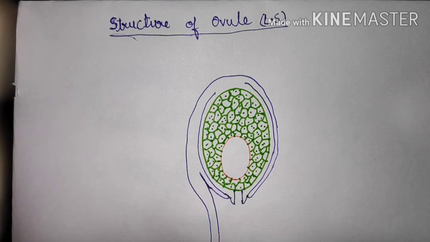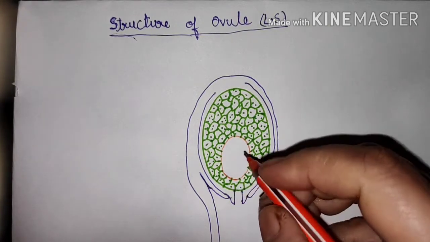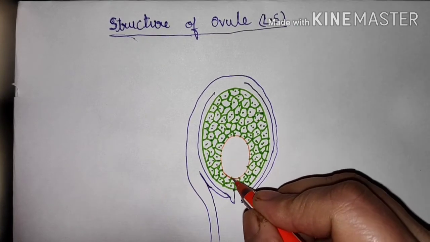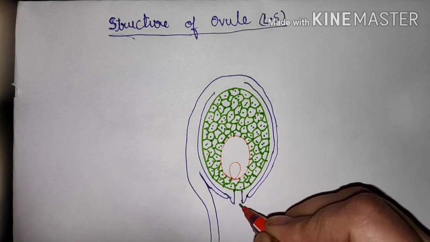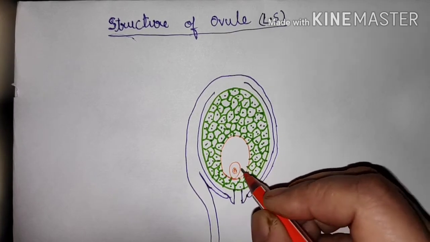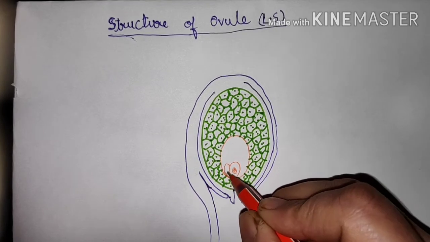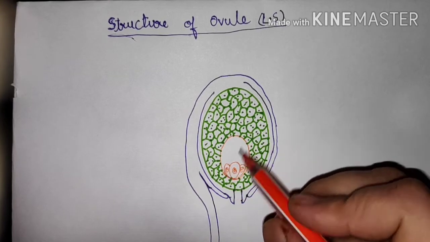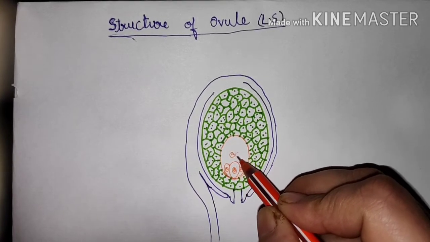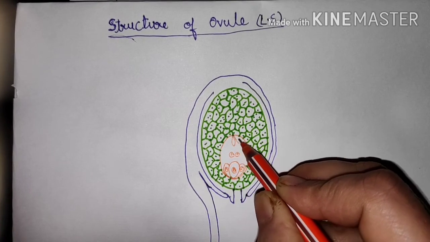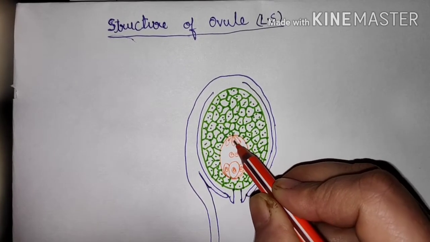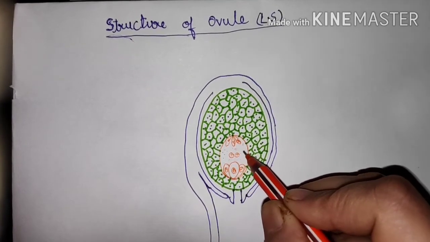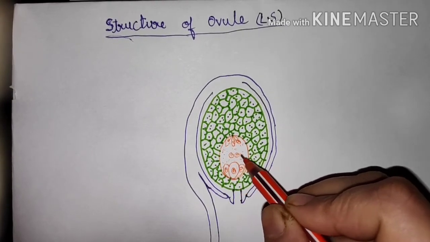Now after this is the embryo sac we had to make. So just remember that the egg is always towards the micropyle. ठीक है, micropyle की तरफ होता है. The biggest cell, it is flanked by two smaller cells called as the synergids. ये दो synergids हैं. This is the egg cell, in the center polar nuclei, and on the top 3 antipodal cells. Okay, so this is the embryo sac. This is the embryo sac. Okay.